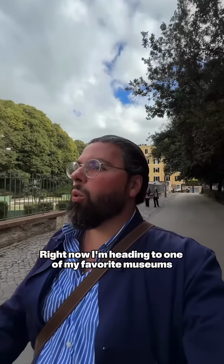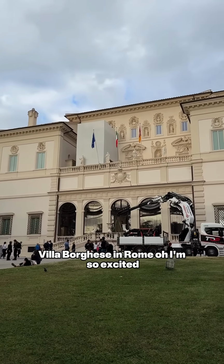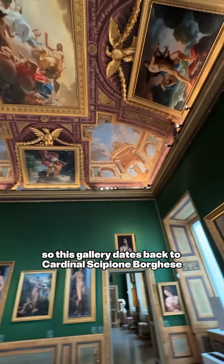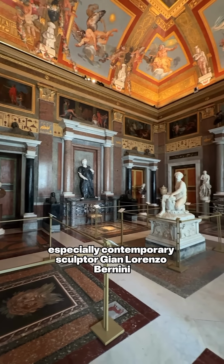Right now I'm heading to one of my favorite museums that I've ever seen in my entire life, Villa Borghese in Rome. Oh, I'm so excited. So this gallery dates back to Cardinal Scipione Borghese, who was an avid lover of all things art, especially contemporary